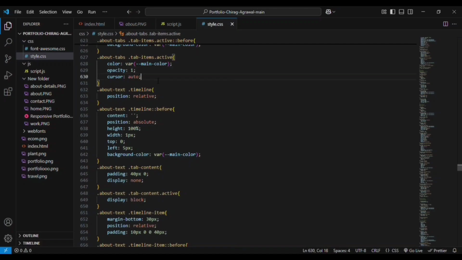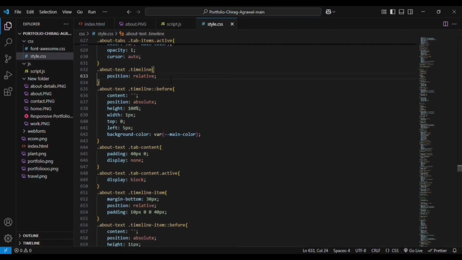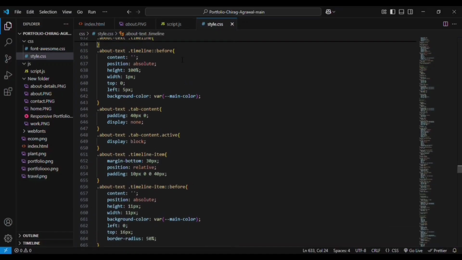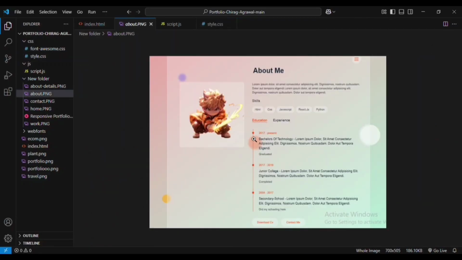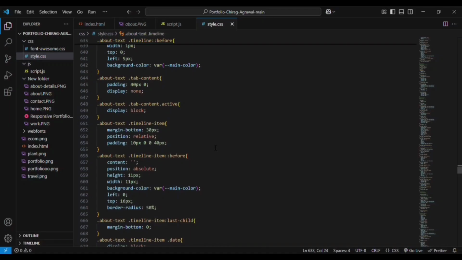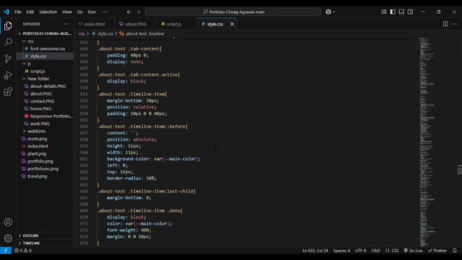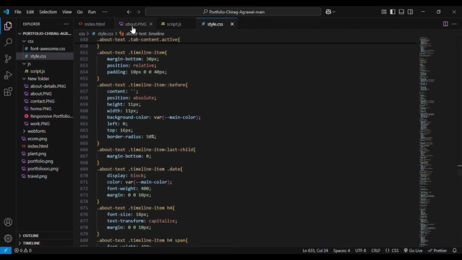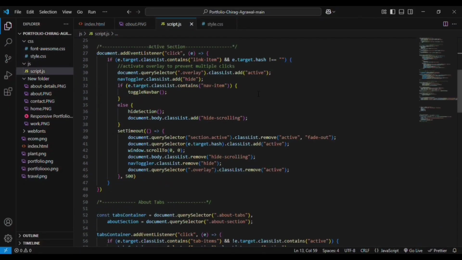Then for the timeline, for each timeline we are giving position relative, and for each timeline before we are creating an absolute element by using position, separate width and height positioning. We are creating this. You can see these buttons. Then tab content, padding is 40 pixels, display none. Tab content active, display block. Whenever you can see here the active section,